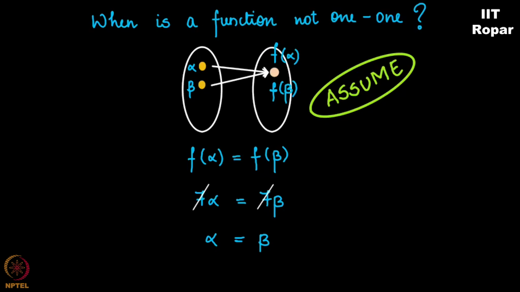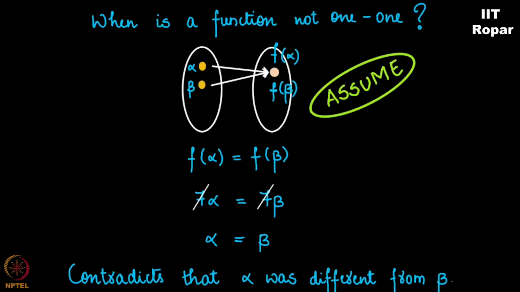Now, that contradicts the very assumption that alpha was different from beta. In plain English, you know what I just did? I showed that in case alpha and beta go to the same element according to the function, then alpha and beta will become the same, which means you cannot see a structure like this. You cannot have alpha and beta, different things, going to the same element when the function is 1-1. Given that here the function f of alpha equals 7 alpha is a 1-1 function, it doesn't let you have a structure like this. So whenever such a structure is not there, you say the function is 1-1.